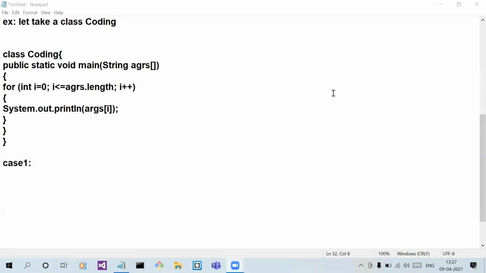Now you tell me how to invoke or call this. I'm giving a situation: if I want to pass arguments A, B, C, D, then how to invoke? Tell me, someone.